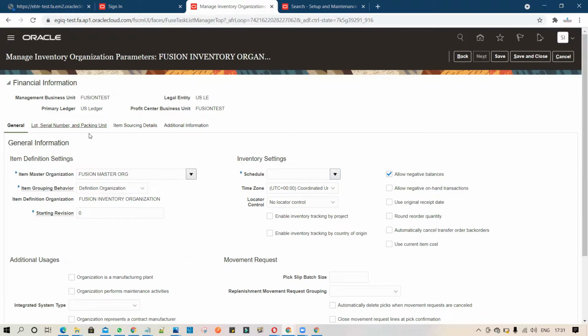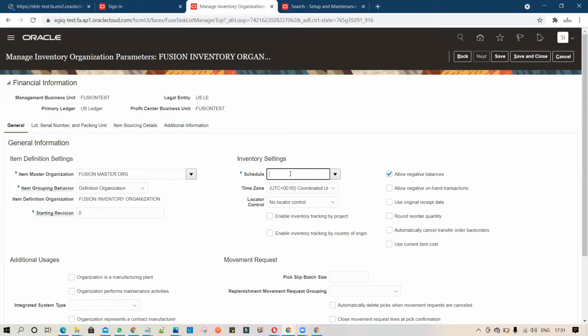So whenever I'm going to create any item, first it will create it into the item organization, that is called Fusion master org, and after that I will do the association to the Fusion inventory organization.